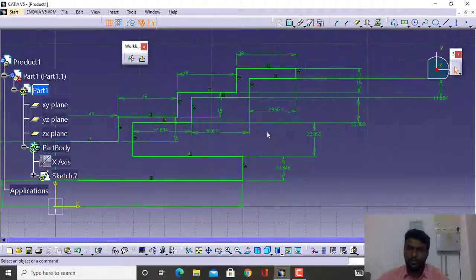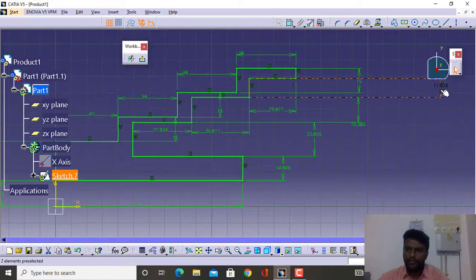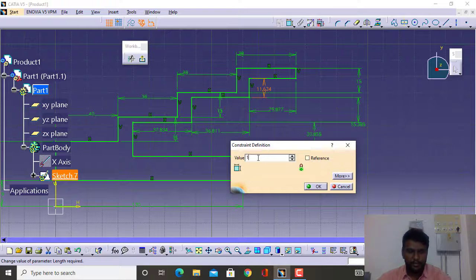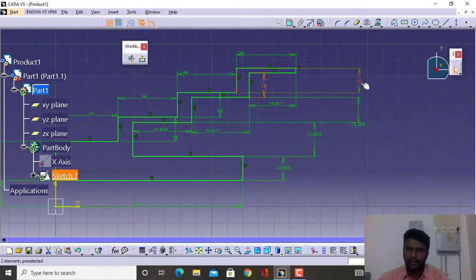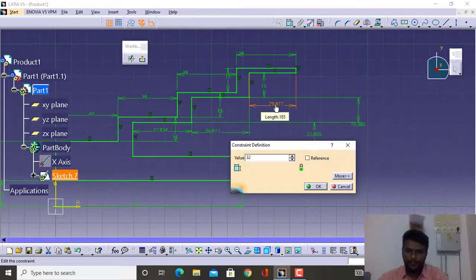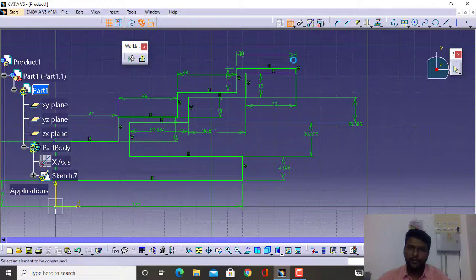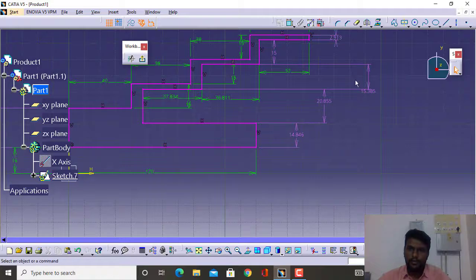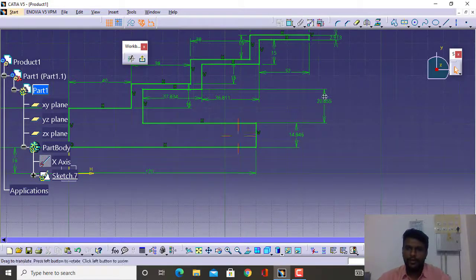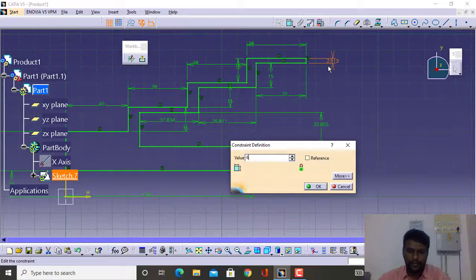Either you can go and change them one by one. Sometimes it becomes a little difficult to identify which dimension is which. Just select it and keep the dimensions near the particular dimensions. This dimension is for the selected one, drag it here, this one. Here this is 32. There is one more dimension required here. Just give the dimension here, this one. It is giving some error, so just delete this dimension, right? And define this dimension as 6.